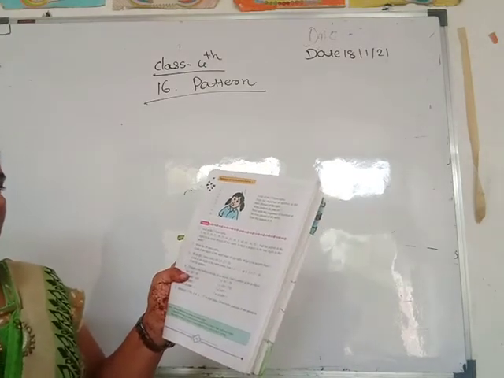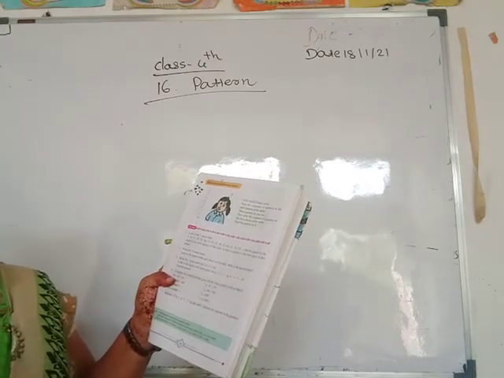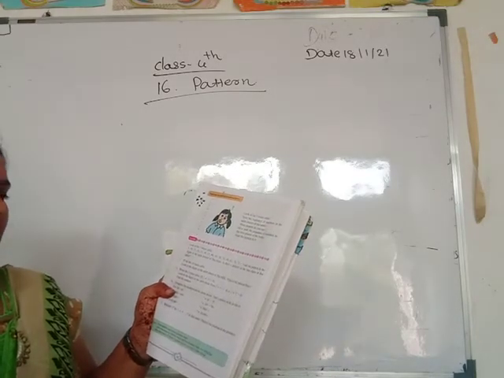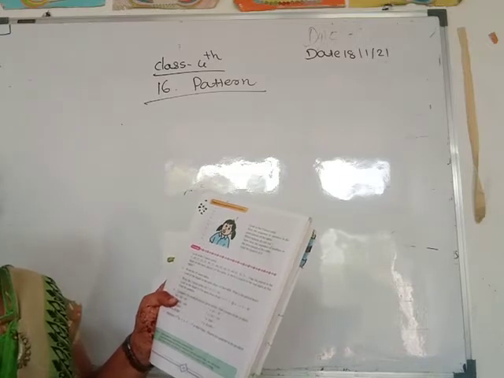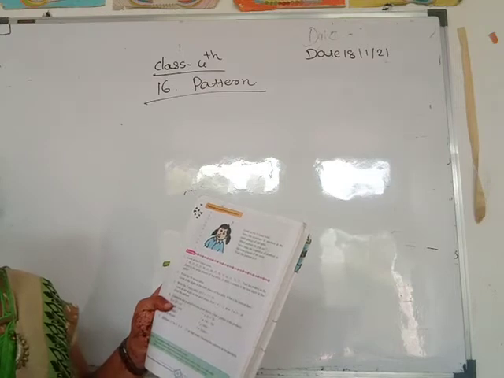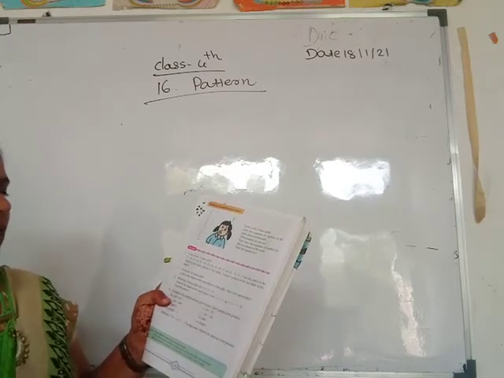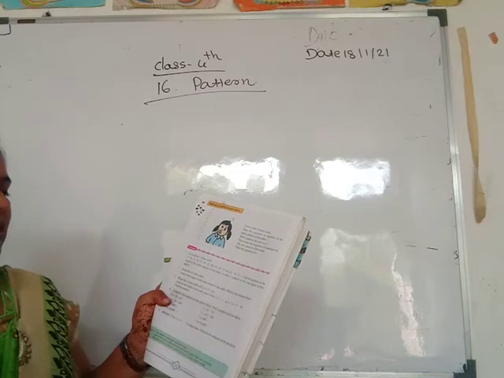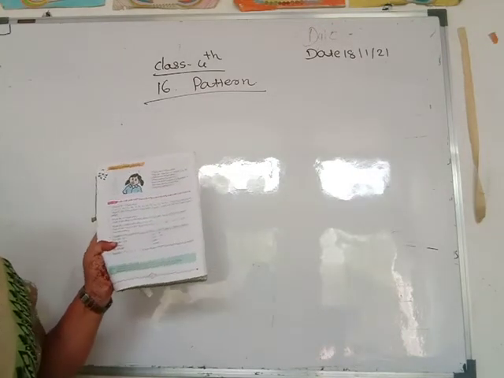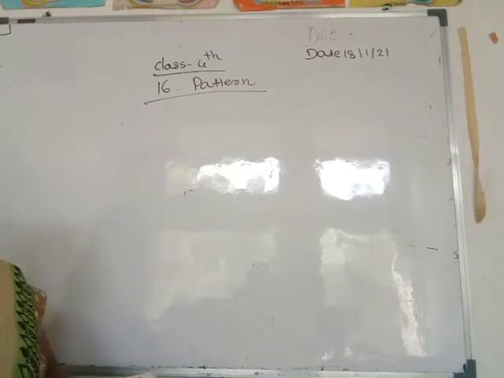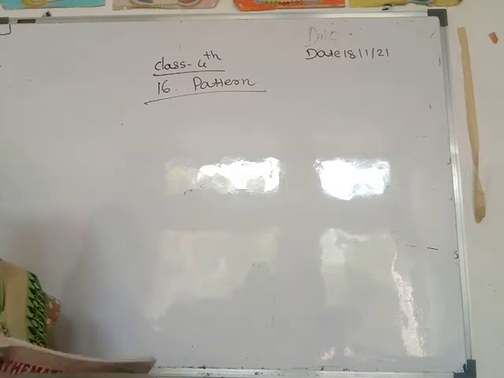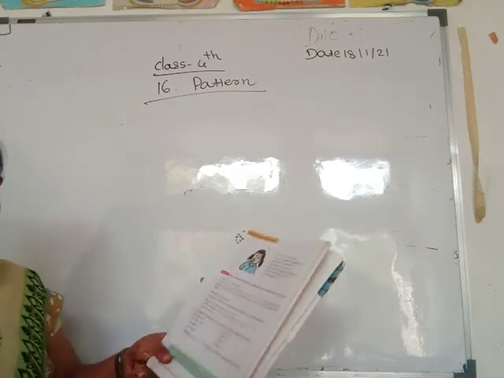Then the second one, see, write the 10 times table, look at the digits in the unit place of this table and what is the pattern here. You write here the 10 times table and the pattern in this 10 times table. Then next one, look at the 2 times table. 2 into 15 is equal to 30, so you write the 2 times table here: 2 1s are 2, 2 2s are 4, up to 2 into 15 is 30, and you see here the unit places and tens places, how this pattern is.